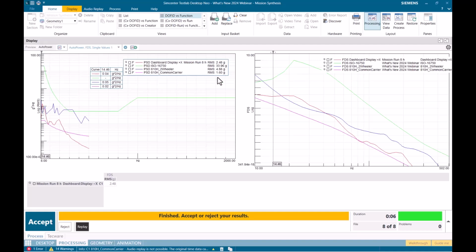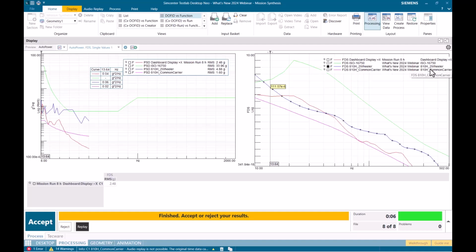My conclusion here is that if I'm looking at the X direction on my component, and I'm using this ISO 16750 PSD for the testing, I am using a pretty conservative approach, which can be good. Maybe that's what you desire out of your design, but maybe it also means you have a little leeway to accelerate that test further.